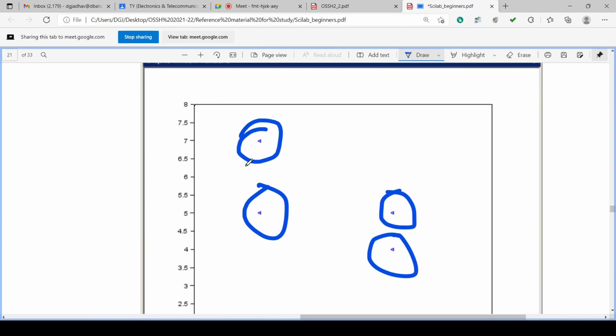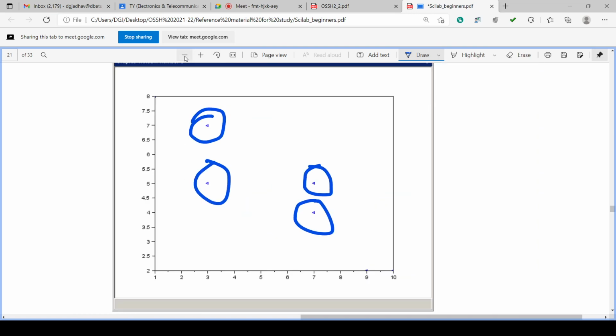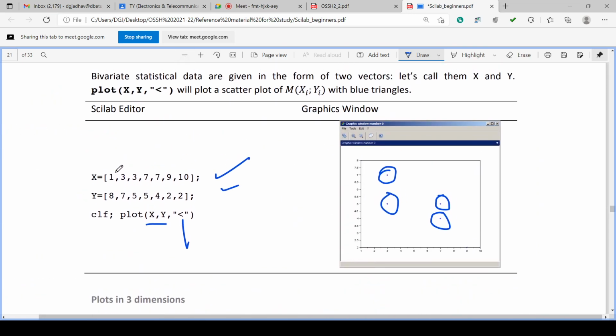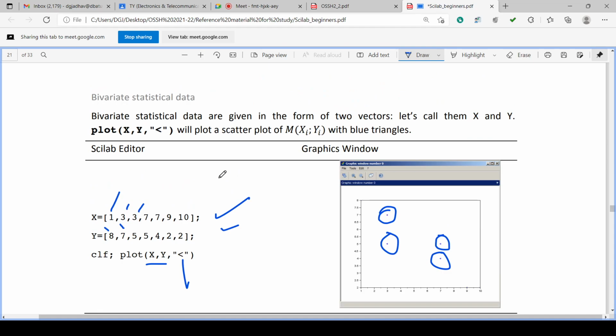So these are the bivariate statistical data. For 1, y will have value 8; for 3, it will have value 7. It is random statistical data. For 3 it has value 5, for 7 it has value 5, for 7 it has value 4, for 9 it has value 2, and so on. For 10 it has value 2.